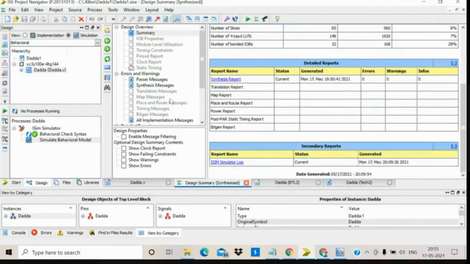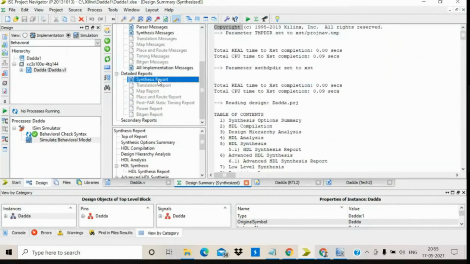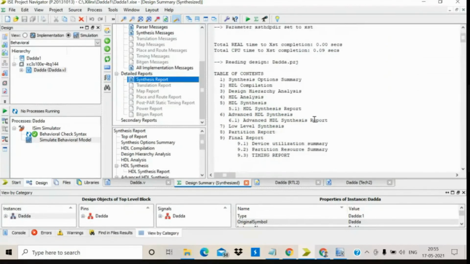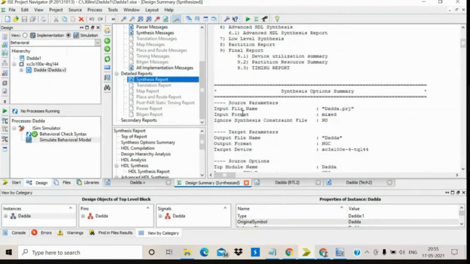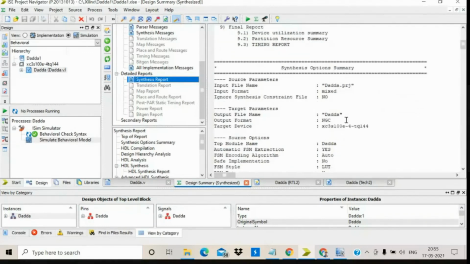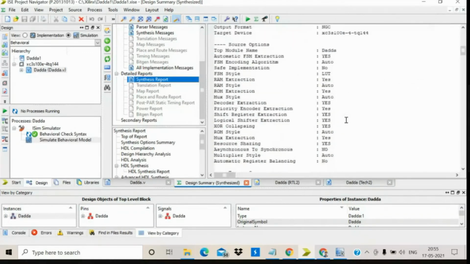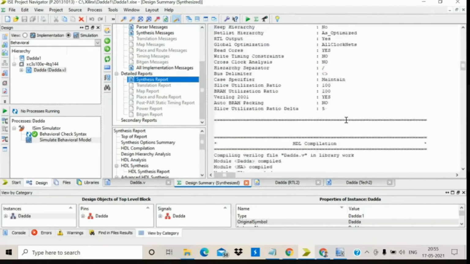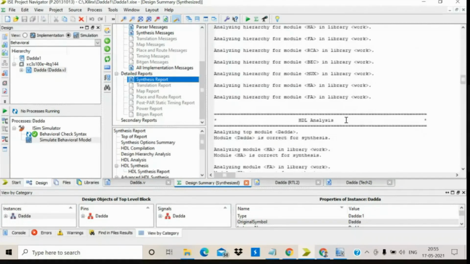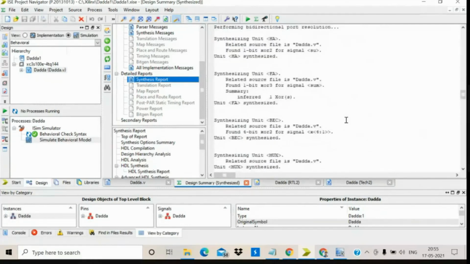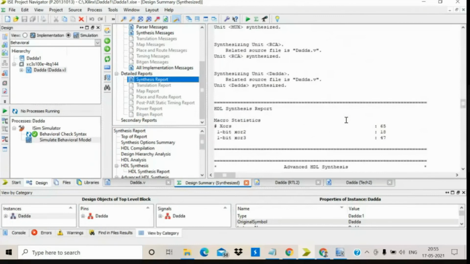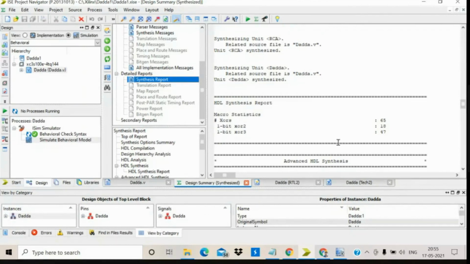Apart from that, when we go through this synthesis report, we can see the delay also, guys. Here is the input file name with which we started our project, and when we come to the bottom, we can see the delay, guys. These are the design files. This is the report, guys. We have used 1 bit XOR2 18 times, and in XORs, how many operations we have performed: total XOR 65. In that, 1 bit XOR with 2 inputs is 18, and 1 bit XOR with 3 inputs is 47, with 3 gates, right?